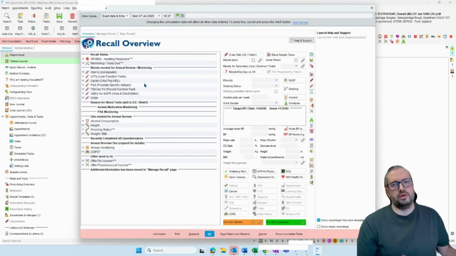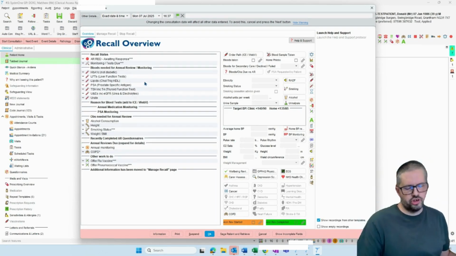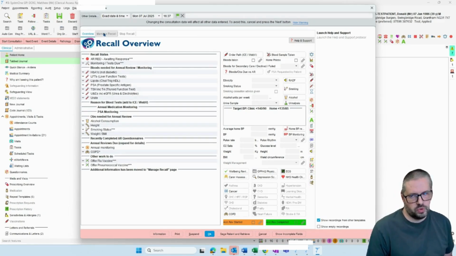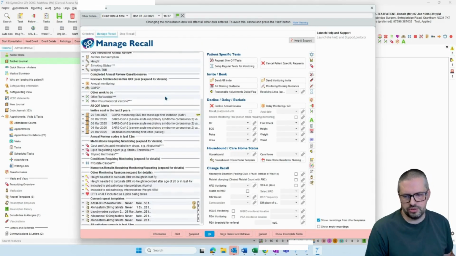So the scenario we're thinking about here is perhaps a hospital says, please start this medication and put this monitoring in place. Now, before we look at putting the monitoring in place, we want to check and see what's already there. So in the recall overview, we come to manage recall, and we can see, for example, for this patient,